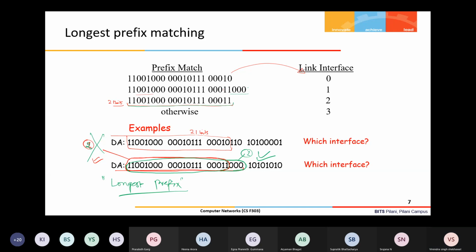Now, maybe the question arises in your mind: why, sir, why is it a longest prefix match? Why is it doing the longest prefix matching? Anybody knows about it or wants to answer this? Sir, it is because of the prefix which we have written, the range actually starts after the range of the earlier prefix, sir, like 11000. So that's the reason.